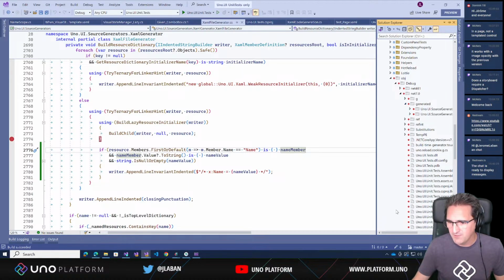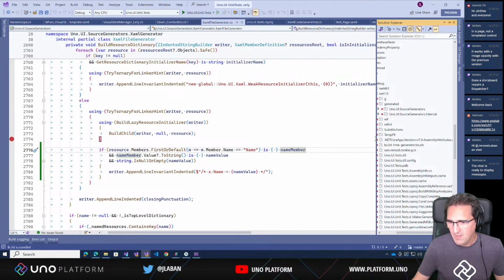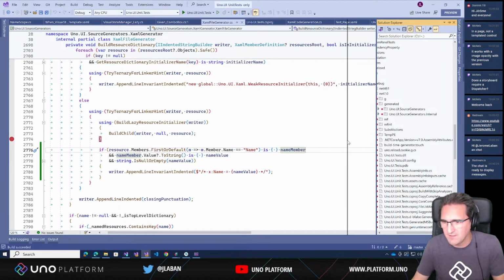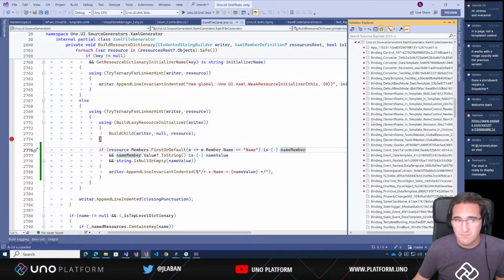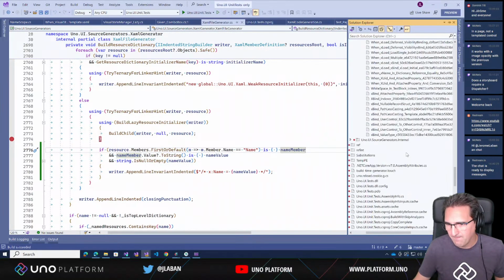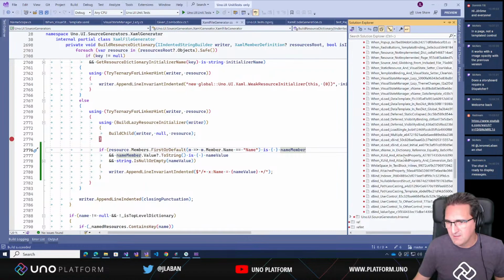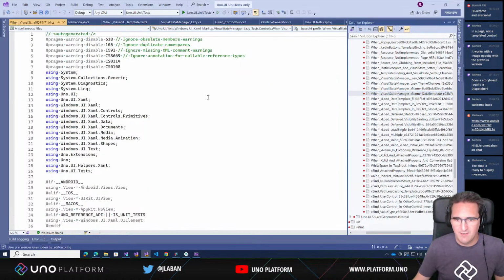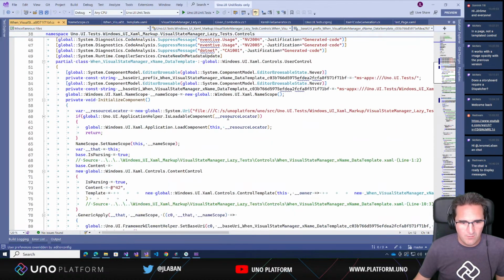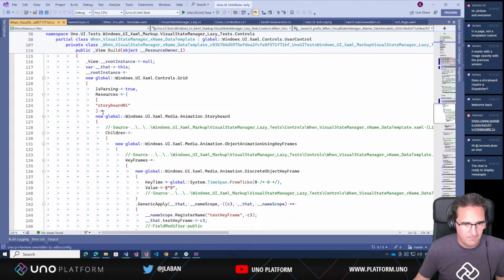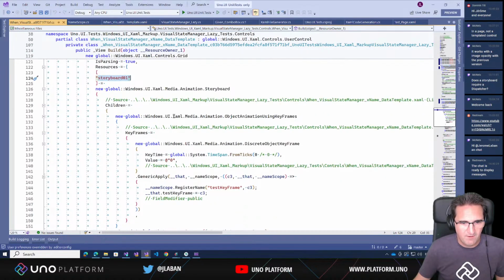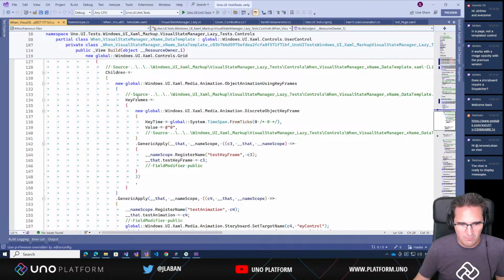We have a generated folder, and now we're going to take a look at the generated file, and there are quite a few of them. So the one we're looking for is Visual State Template, Visual State Manager XName Data Template. Visual State XName Data Template. There you go. That's the one. So what we're looking for specifically is the storyboard. And from that storyboard, we need to make sure that we have